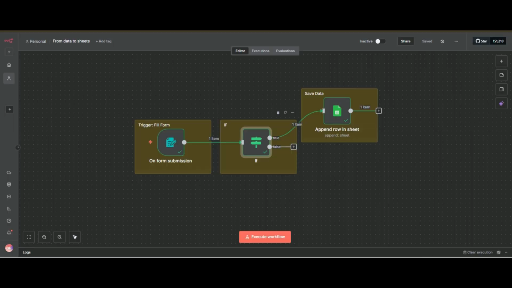So now we have to build this simple workflow. I know you will say it is a small workflow, but today I will explain how you can connect your Google Sheets to your n8n.